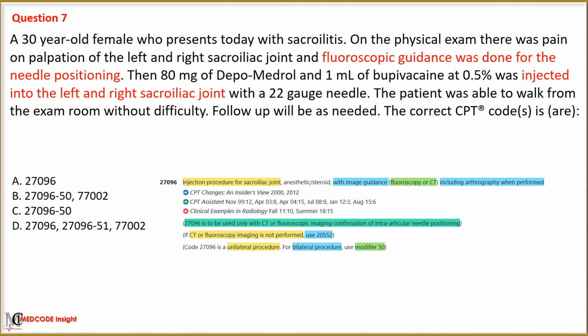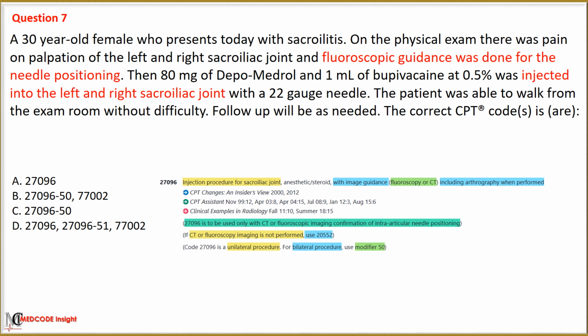If CT or fluoroscopy imaging is not performed, use code 20552. Code 27096 is a unilateral procedure, so for a bilateral procedure, use modifier 50. Based on these guidelines, we can easily eliminate options B and D.